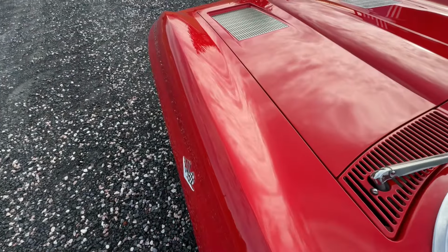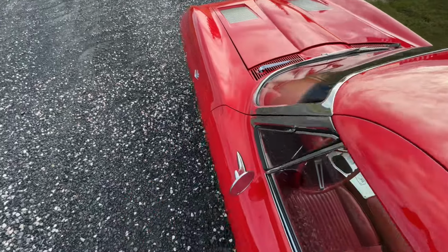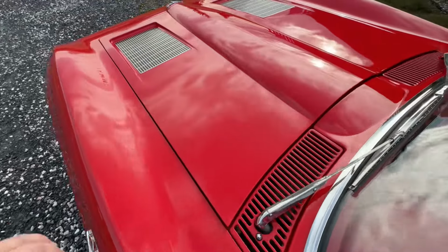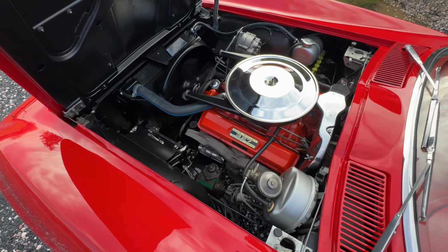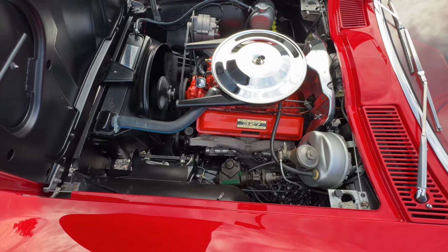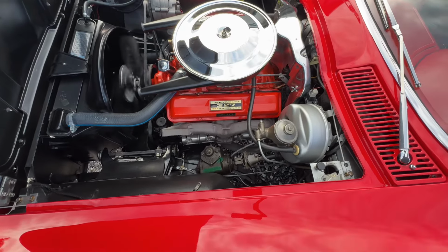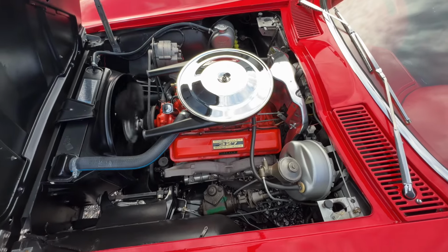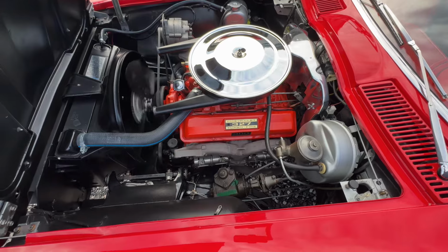Up the hood one more time. There's the motor. Car's got all the original dated components. Radiator, carburetor, starter, master cylinder, this alternator, original born with motor,